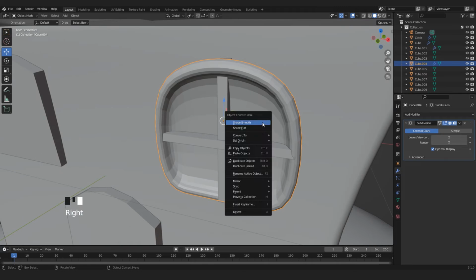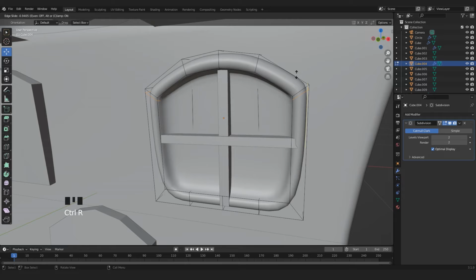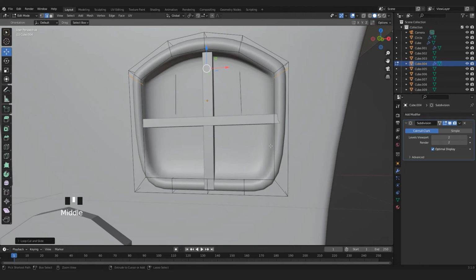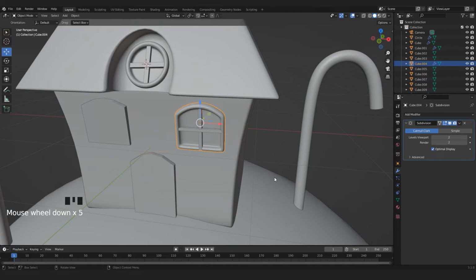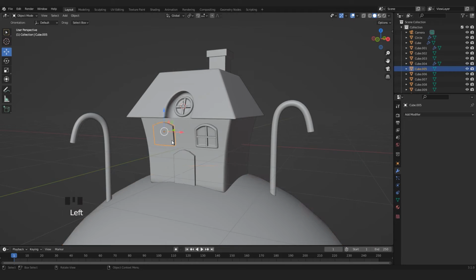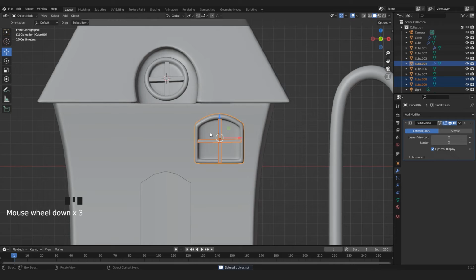Okay, I like it, but we need some more edge loops to have a more defined shape. One here, one down here. Okay. Now we can delete this window here and copy the one on the right